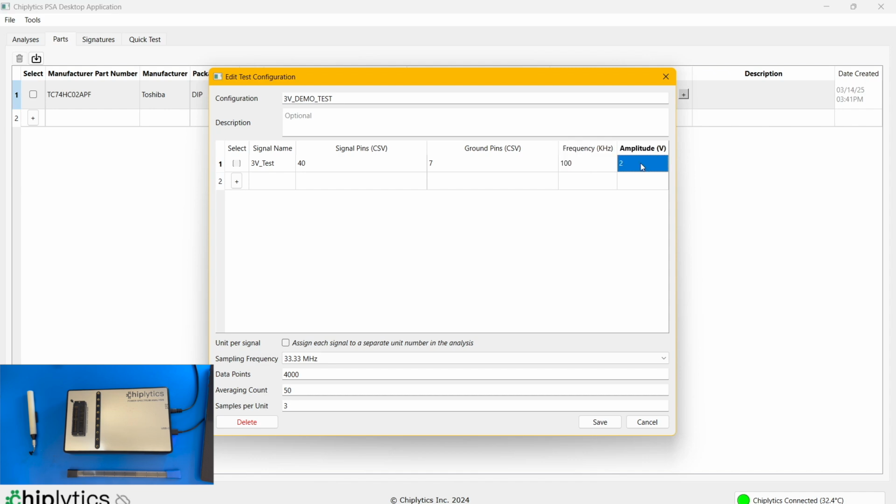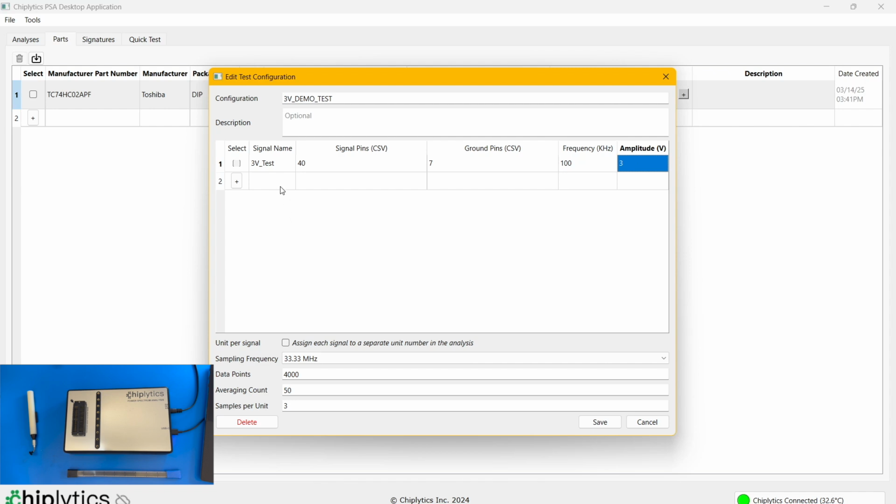and then I can set the amplitude of that square wave. Now it's important to clarify that this is the peak-to-peak amplitude and it's referenced to 0 volts. So if I put in 2 here, then the maximum voltage seen by the device should be about 2 volts, and the minimum voltage seen by the device will be about 0 volts. There can be some ringing, which can lead to mild overshoot in both of these cases, so that's something that's important to note. Since we're going to be doing a 3-volt test, I will set the amplitude to be 3